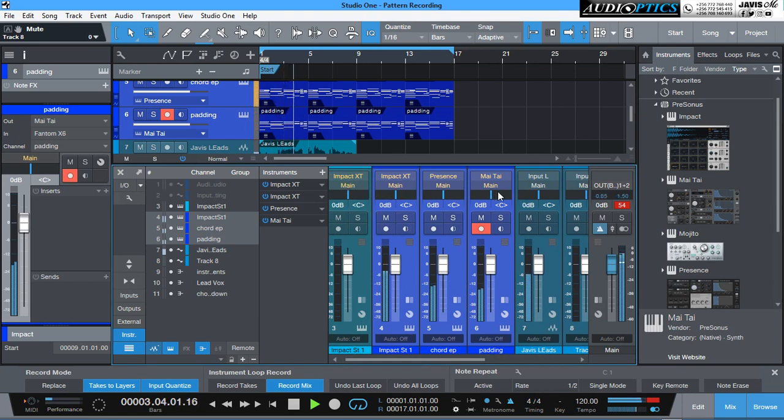All their outputs are going to the main output here. Then what I need to do is